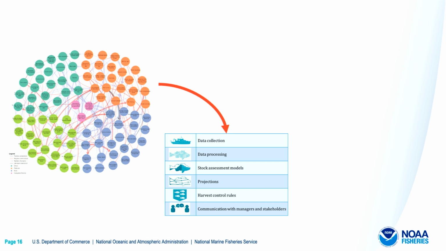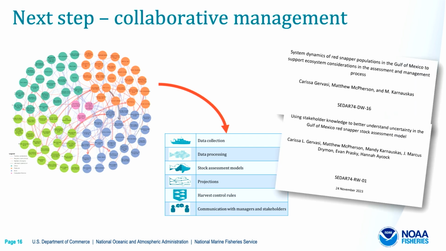With that, I'll just quickly summarize. We created these conceptual models based on conversations with fishery stakeholders, and used that information to input ecosystem and socioeconomic information into each step of the assessment process. Now the next step is more collaborative management, right? We want to continue to work with our stock assessment scientists and with managers to make sure this type of information is more routinely considered in the assessment process. So we're working together with all those teams to do so.